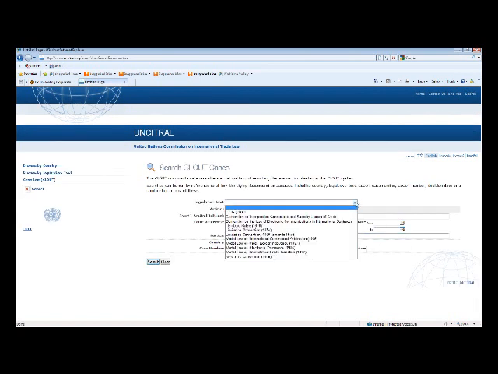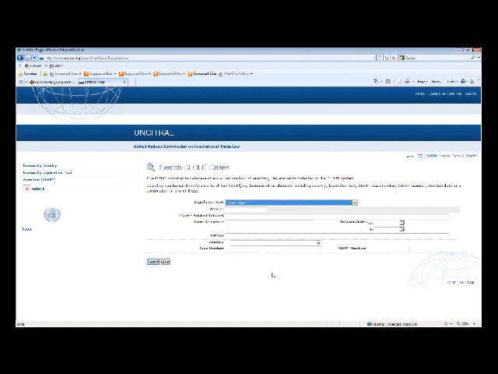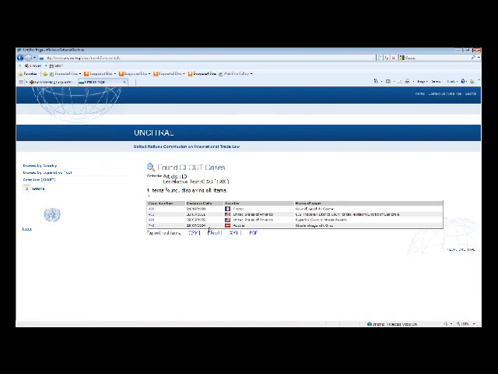Here at the top you can select a particular convention that you want to search case law on. For example, let's select this one, CISG, Convention on International Sale of Goods. You can select here a particular article that you want to see if there has been any case law on it. So, for example, let's select Article 10 and do a search. And these are the four decisions that have considered Article 10 of that convention. So we have two cases from the United States, one from France and one from